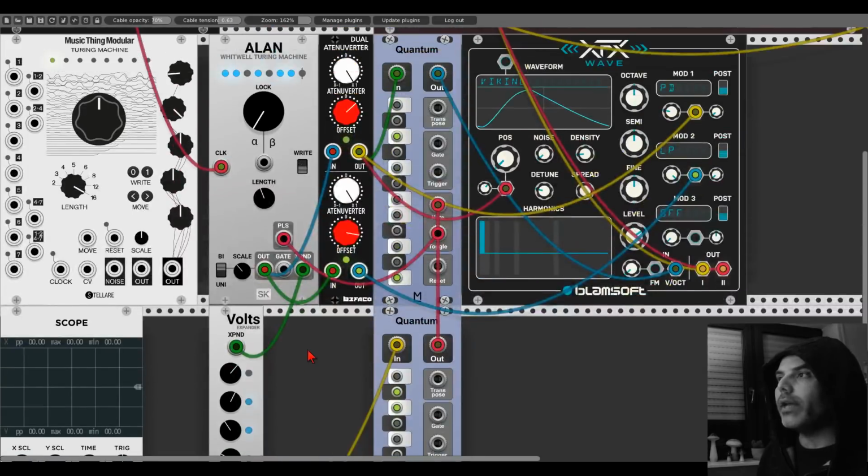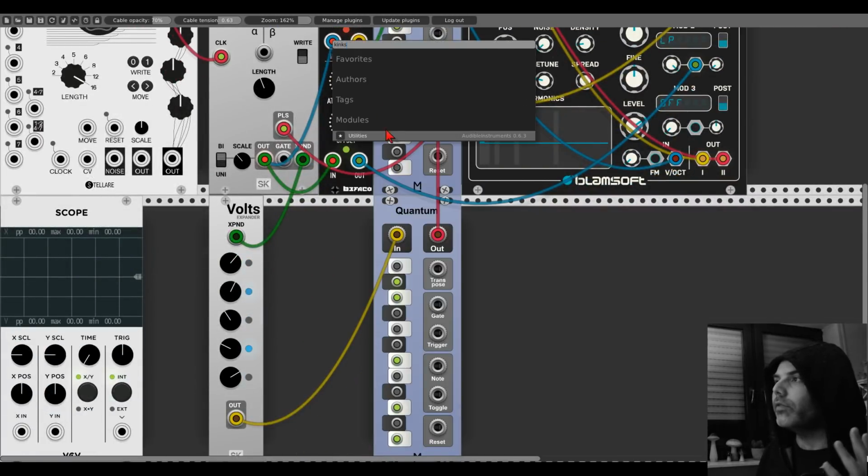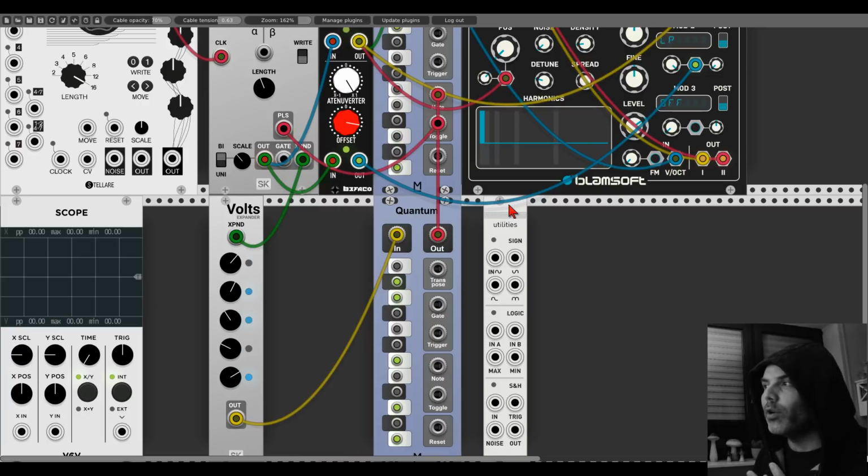Okay, so now we have two sequences running. One is modulating pitch, one is modulating the quantizer, but we can also somehow combine both of them and create a new sequence. So let's use kinks. I do this also a lot lately. If you watch my videos, I hope you are not getting bored from this, but I think repetition is good